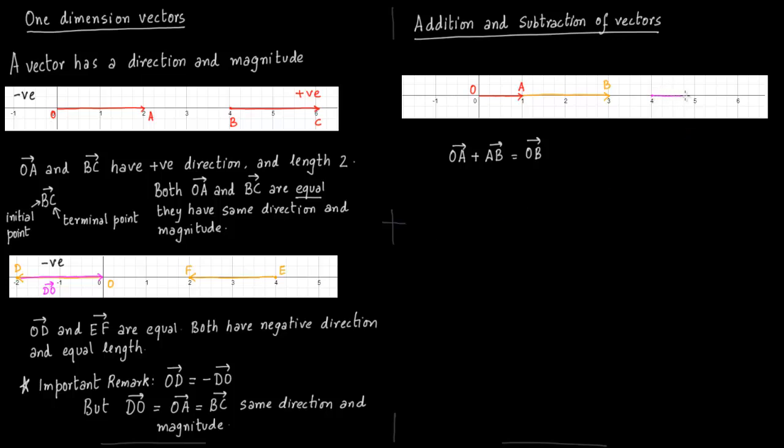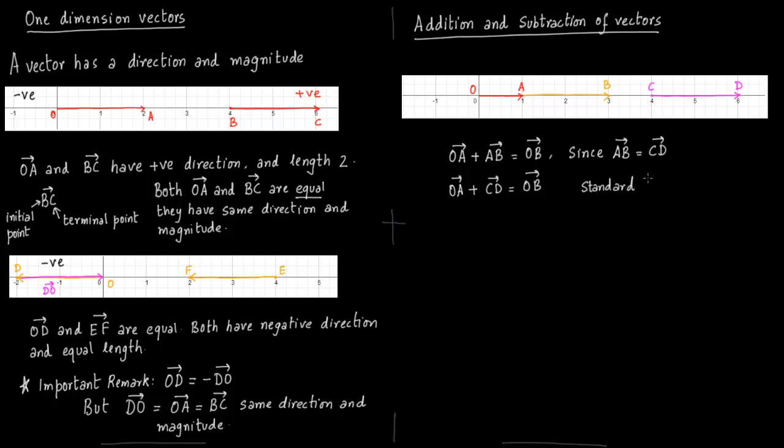So suppose there is another vector which goes from 4 to 6 and we call this the CD vector from C to D. Notice that CD vector is equal to AB vector. Both have the same direction and the same magnitude. Now since AB vector is equal to CD vector, we can always replace this equation by OA vector plus CD vector is equal to OB vector. Now this might be difficult to interpret in English, but this formula is useful.